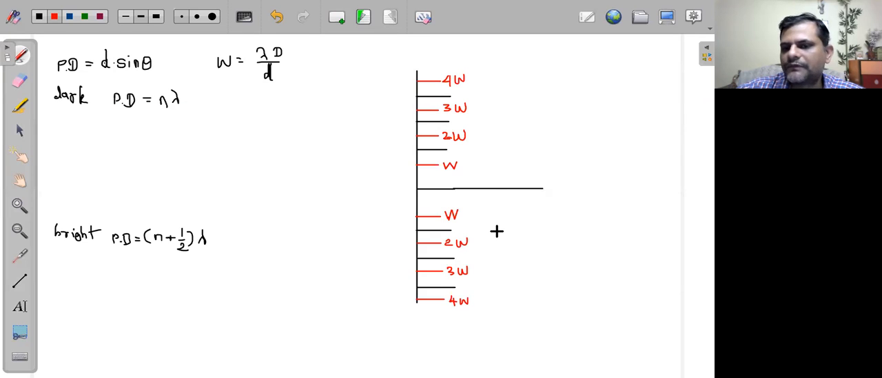But if we check the bright bands, then we can say that the first bright band is at a distance of 3W by 2 from the center. See the difference. यहाँ पे फर्स्ट ब्राइट बैंड जो है वो कितना डिस्टेंस पे होता है, 3W by 2 डिस्टेंस